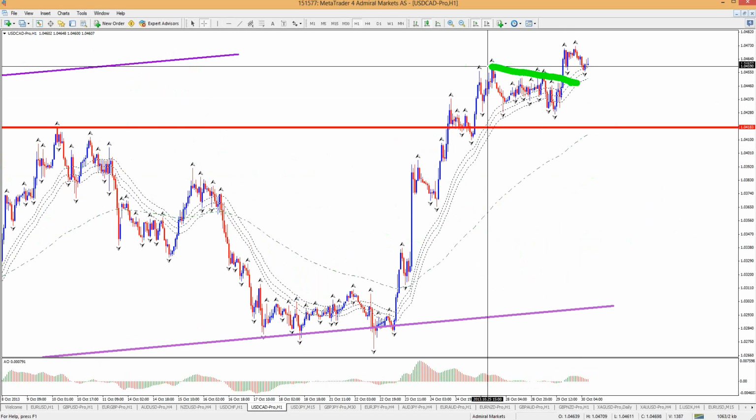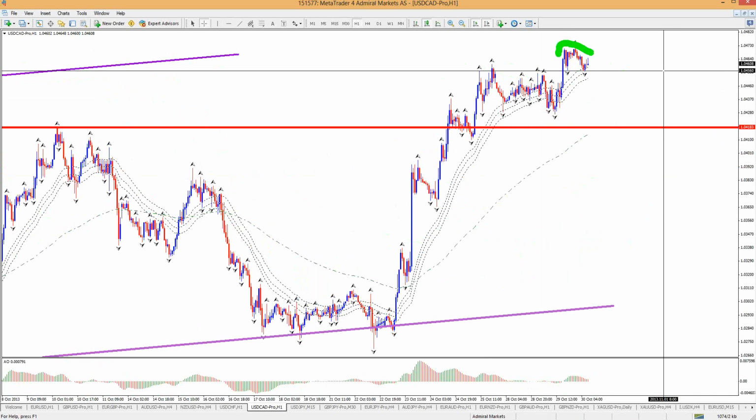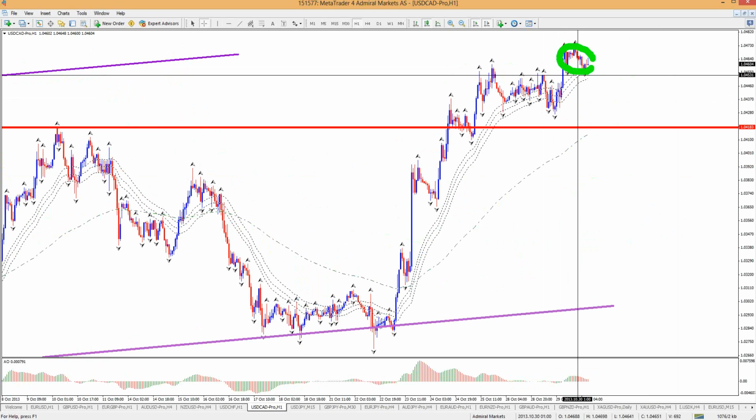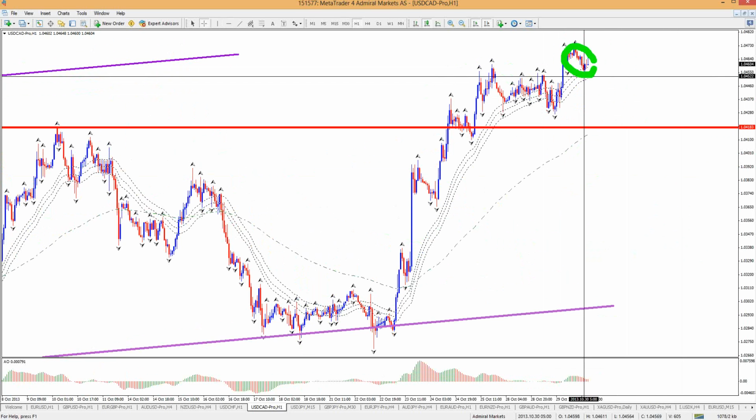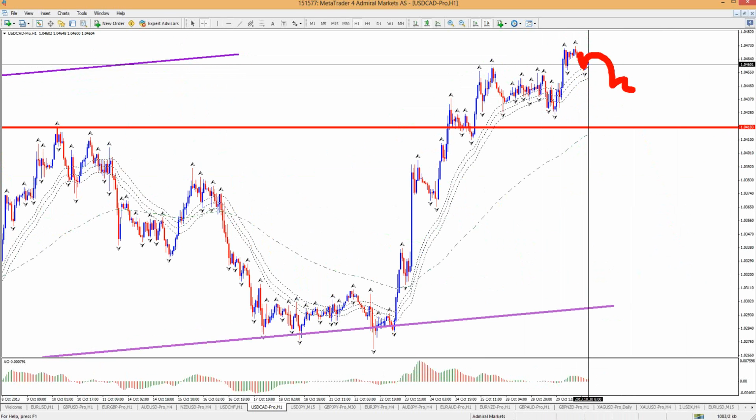But I was certainly interested in this break. The break didn't go that far anyhow, so I didn't miss anything. In fact, it didn't get any real muscle, any follow through to the upside here. We have broken it, but not with enough follow through, and we've stalled for quite a number of hours here. We do see some divergence between these tops, and then I would say the likelihood of at least some reversal eventually, although it could be very slow, could happen.